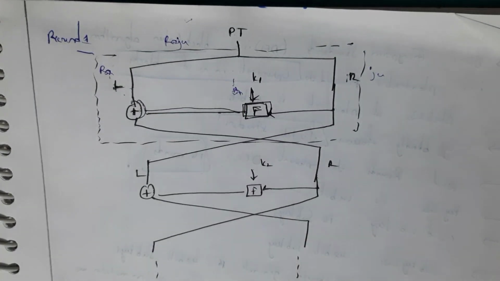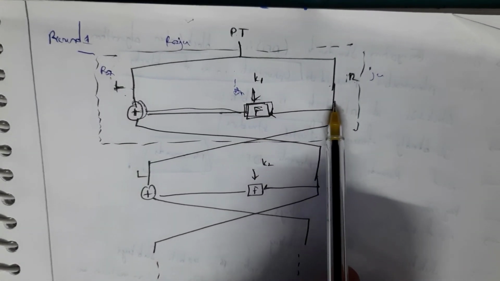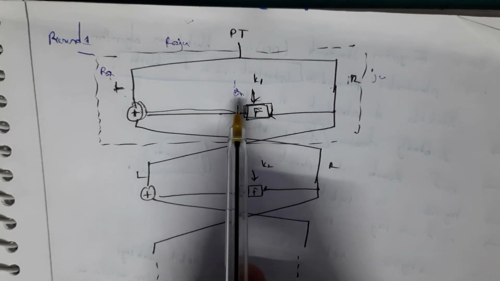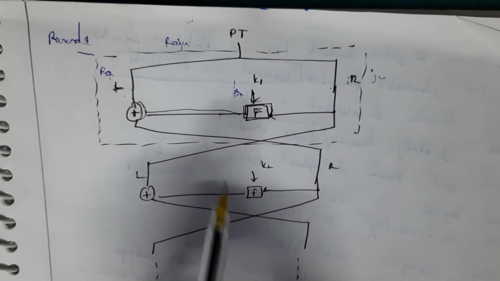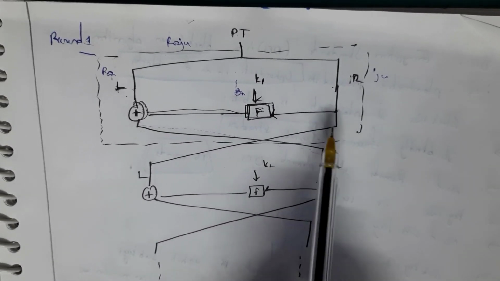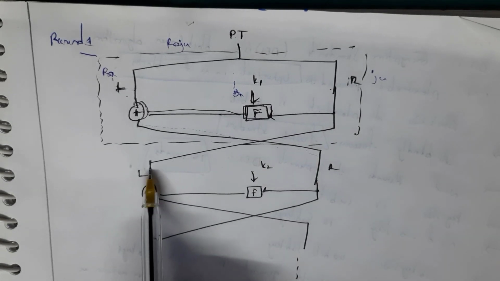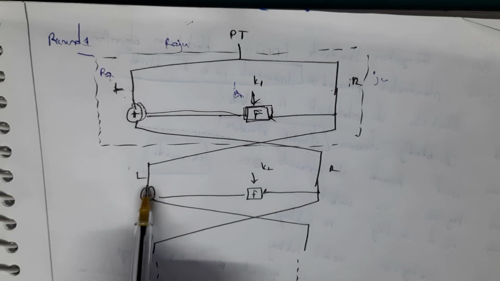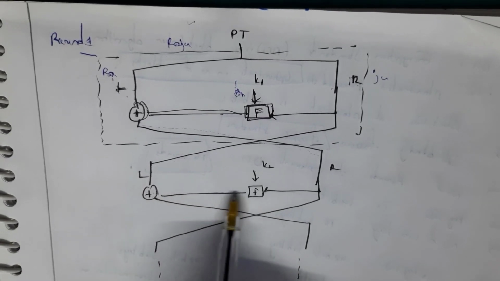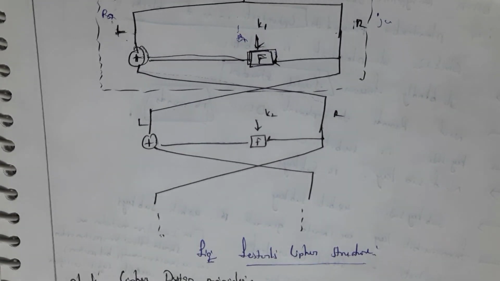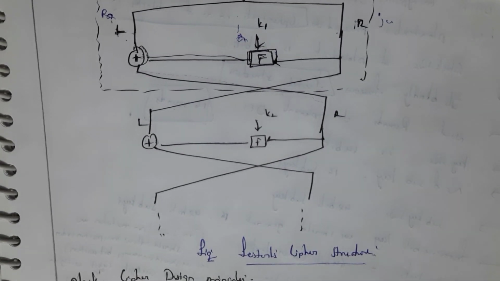Then I will XOR this. Similarly, I will send the right half to this key. Then what it forms is RAHJU. Similarly, this left side is sent to the right side, and this right side is sent to the left side. Similarly, I will XOR this left side with the key. Continue this same process until we convert plain text into cipher text. This is the structure of the Fishtail cipher.